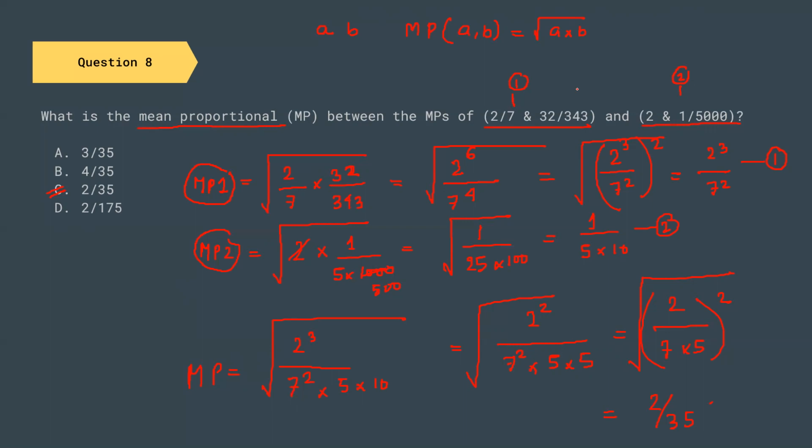So instead of getting into the brute force calculation technique, try to find out the patterns among the numbers. Work with these patterns, and I am sure all the questions that are given in your question paper, all the questions that will be given tomorrow in the examination, are going to have some kind of pattern in them. Try to understand that hidden pattern. And remember whatever I told you. Try to memorize the squares of numbers from 1 to 20. Try to memorize the cube of all the numbers from 1 to 20. And this is going to help you a lot when it comes to solving these kinds of questions.